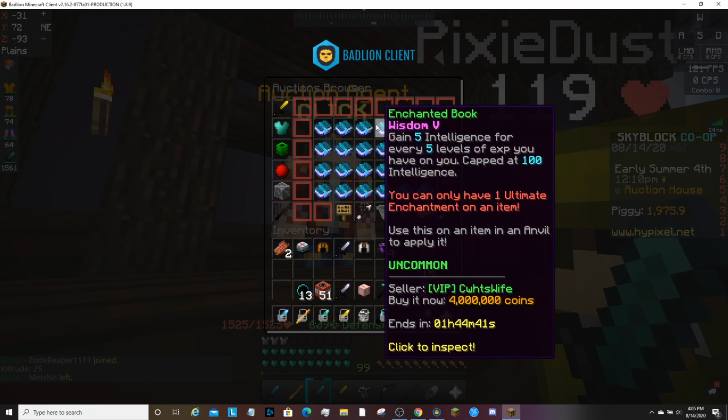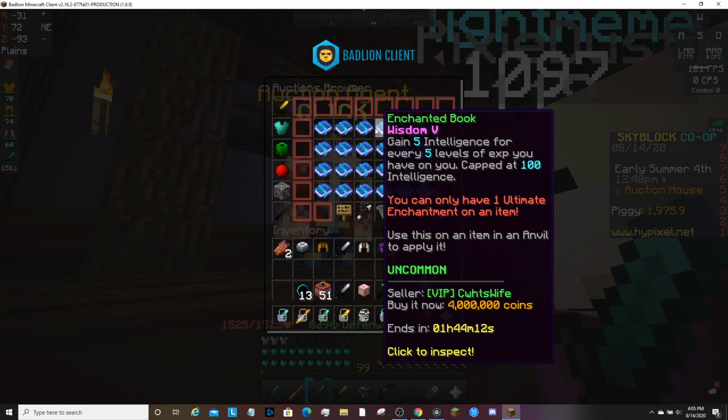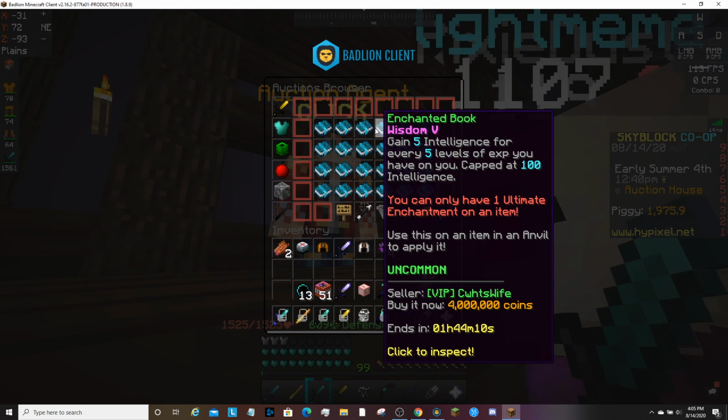It costs about 4 million coins for Wisdom 5. You can get Wisdom 1 or whatever. But basically speaking, what it does is gain you 1 intelligence per level. 100 levels, then you have the max. So if you have 100 levels and have Wisdom 5 in each piece, you'd gain 400 intelligence based on the armor set. Now this is super, super crucial, because when adding the 5 stars to the armor and converting it